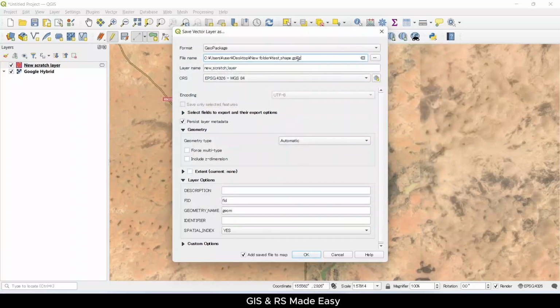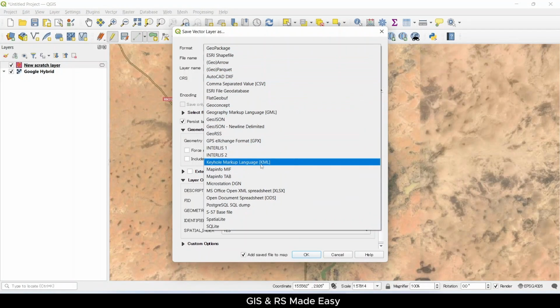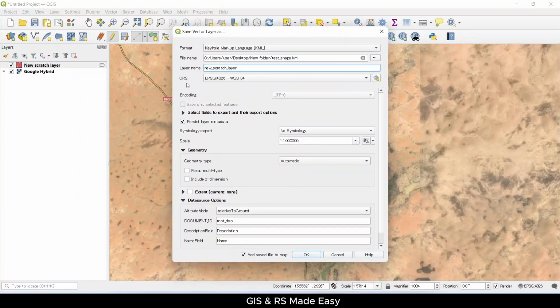Save it, but it is in GeoPackage. We will change the format to KML, Keyhole Markup Language KML. And if you want to change the CRS, you can change it here. Press OK